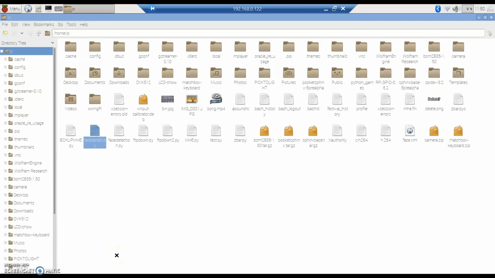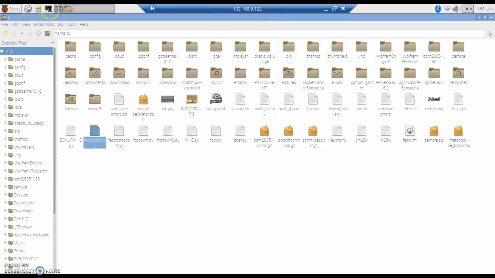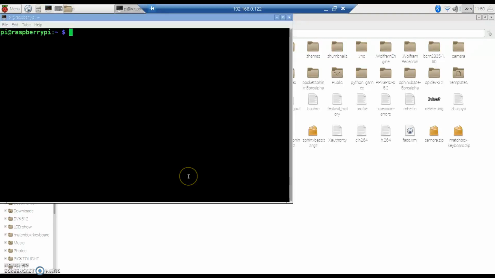Okay, so firstly I'm going to show you the file. Facedetect.py, double click on that. So this is basically the code. I'm going to shut this down, open up my terminal, and I'm going to type the